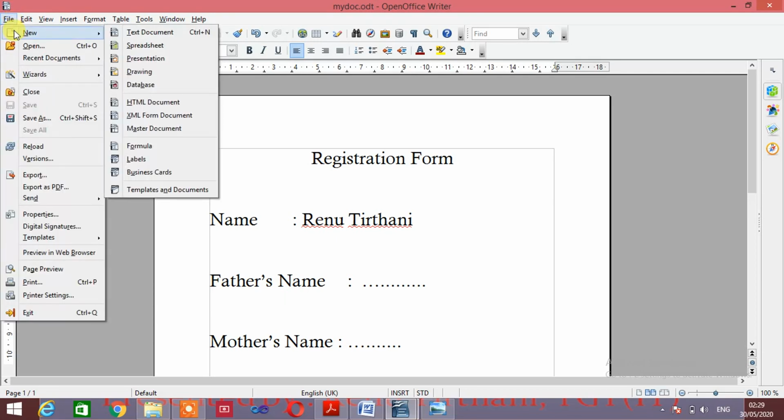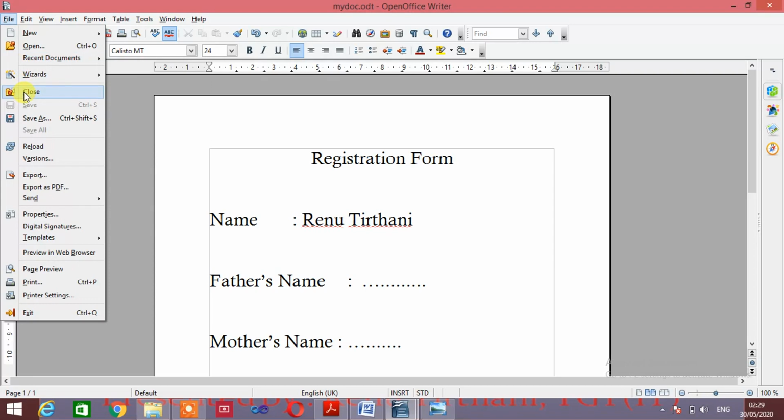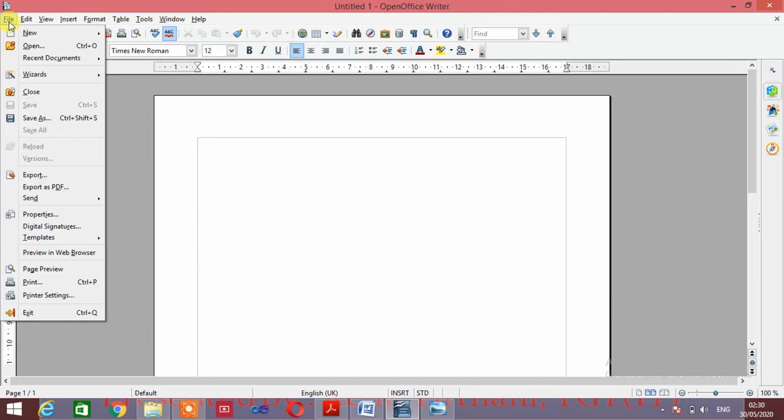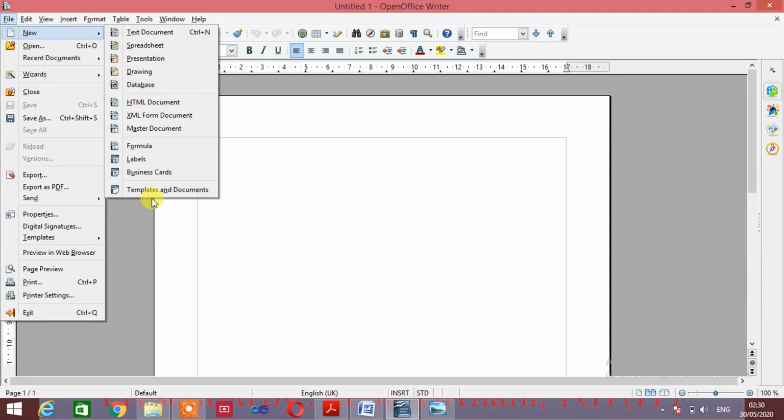To close this document, I will click on the File menu and then click on the Close option. That document will be closed. Now I will click on the File menu, go to New, and the last option is Templates and Documents.